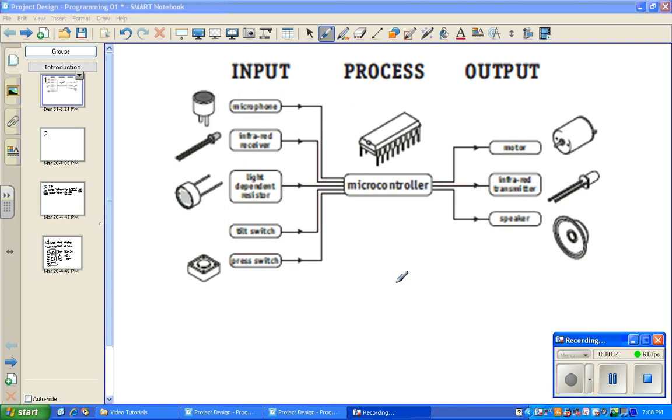Hello class. This is a set of videos that will help you learn more about how to program a digital